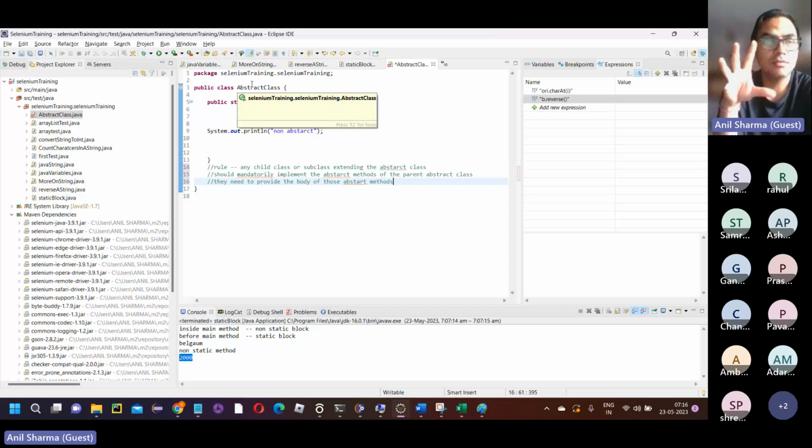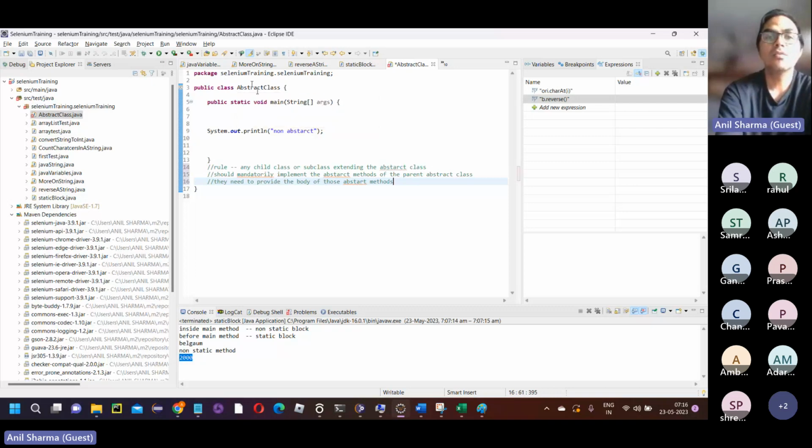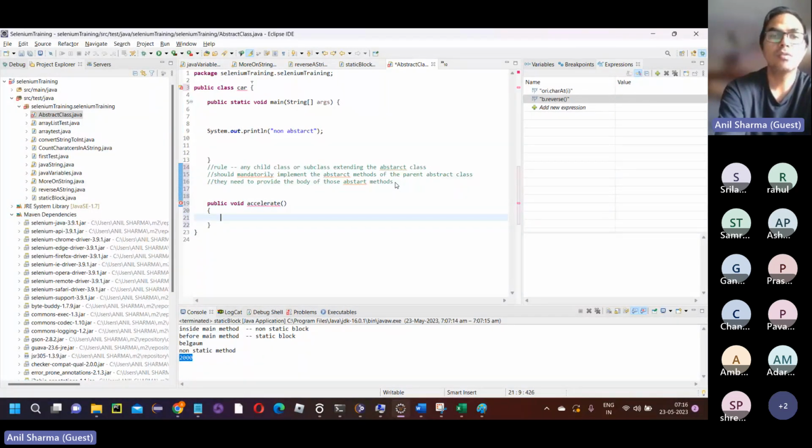Now if I start implementing all the methods of car on my own as a parent, right? Say for example, I accelerate, right? So now if I say this class that I was giving a name, I'll just give a name car. Now I have another public void accelerate, right? Now if I implement this method on my own, then